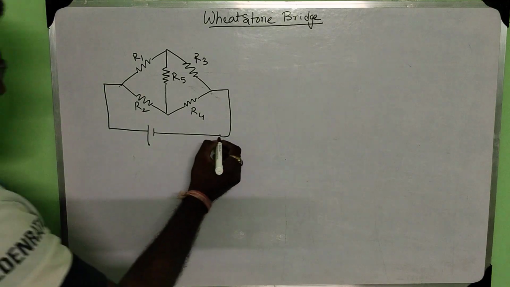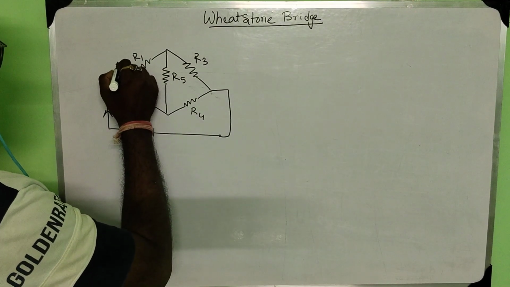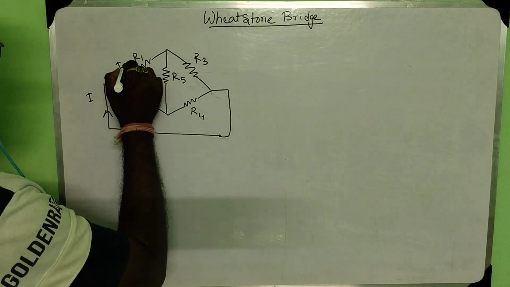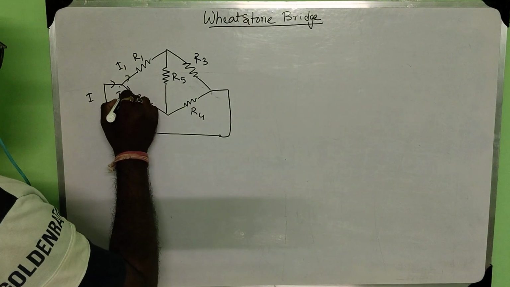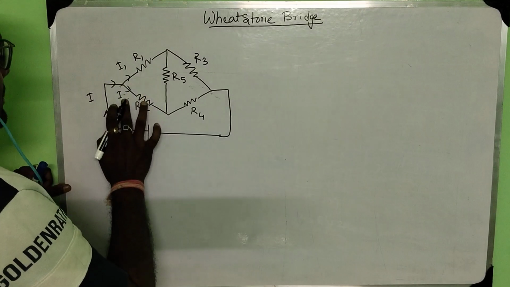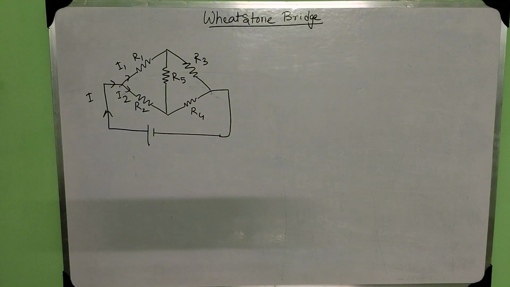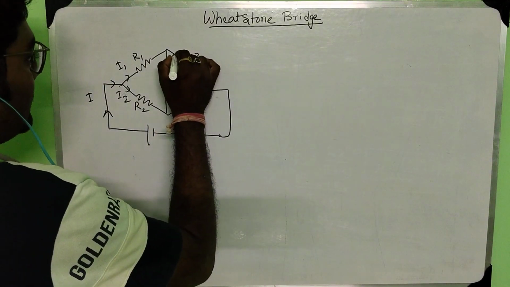This is the circuit, okay? And the current will flow. This is I current flowing, and this is I1. This is I2. Now,